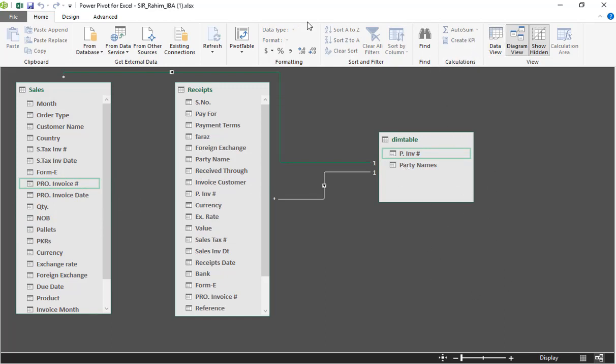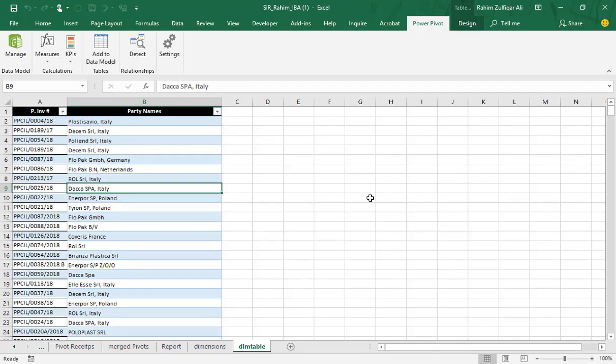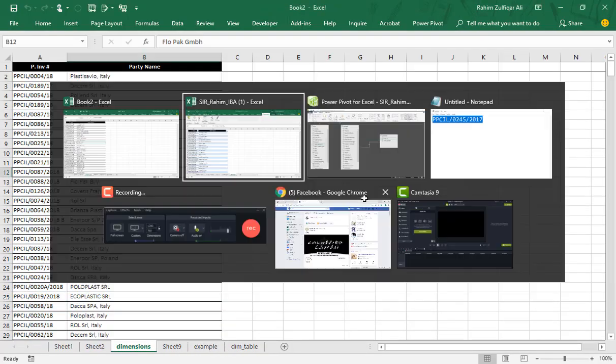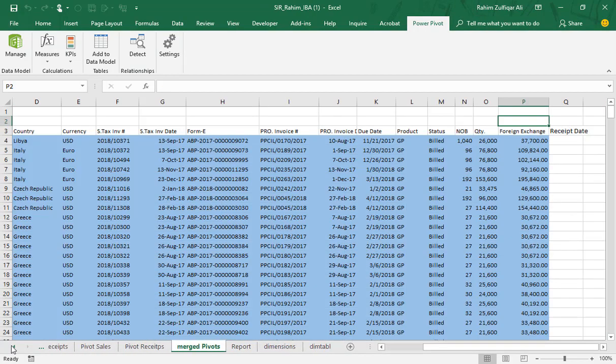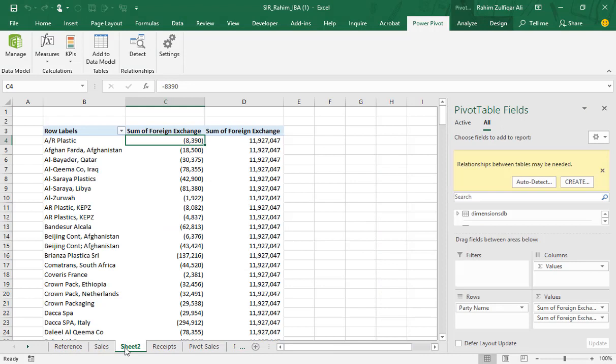Going to the Power Pivot table, we will refresh.